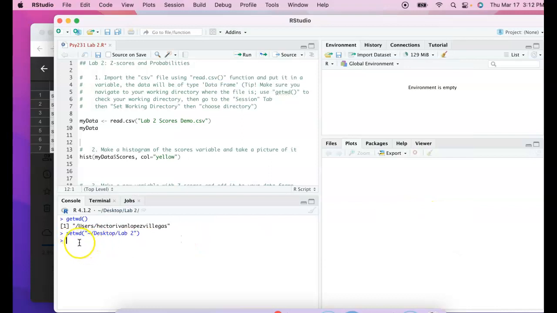and as you can see, the command setwd was just automatically run when I clicked that way. And you could actually use the setwd function as well to set your working directory, but I think it's easier to just click on the session tab. So let's getwd again, get our working directory. Now you can see that we are in lab 2,